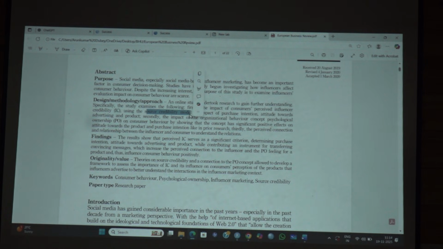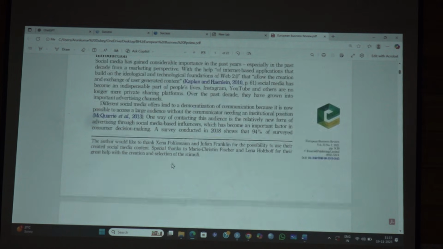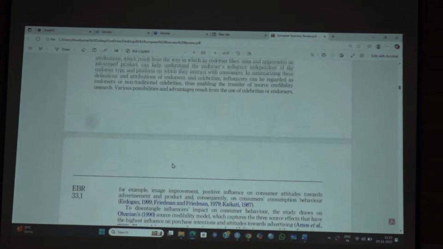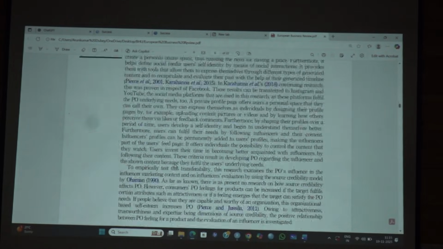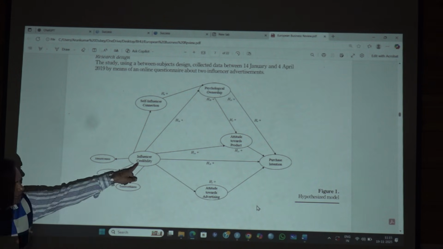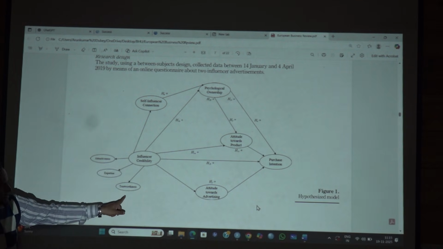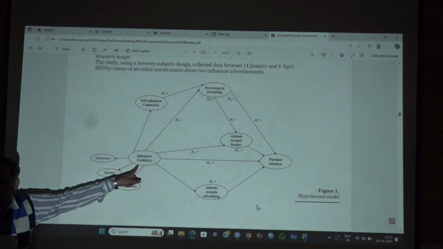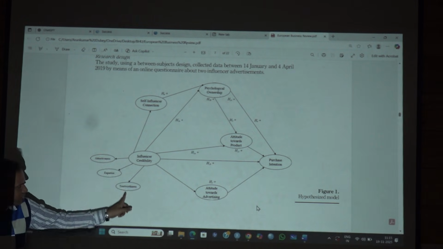Without theory, if you go and study a phenomenon, no matter how rigorous your paper is, it will not be published. You require some fine tuning of theory in your paper. You can't lose hold of theory. Is that clear? Later all this they have done, and see, this is their model. If I go down, this is the model, a very complex model. See what they are saying: influencer credibility has 3 dimensions. This is a higher order construct, and these are lower order constructs. First order construct, second